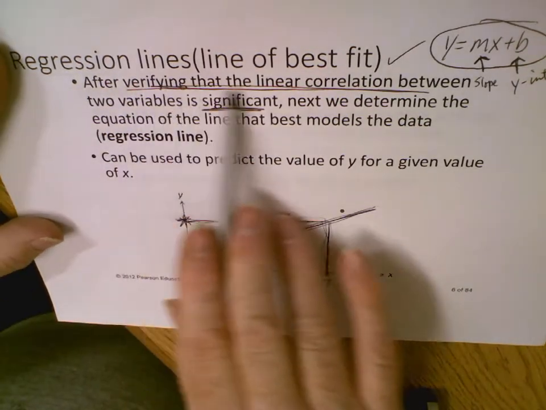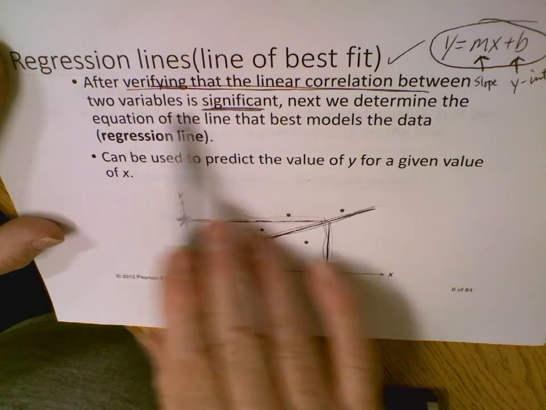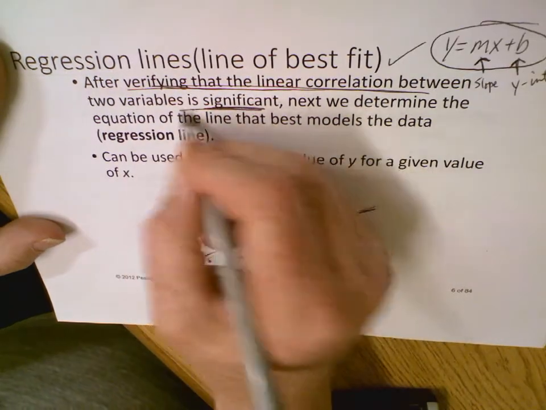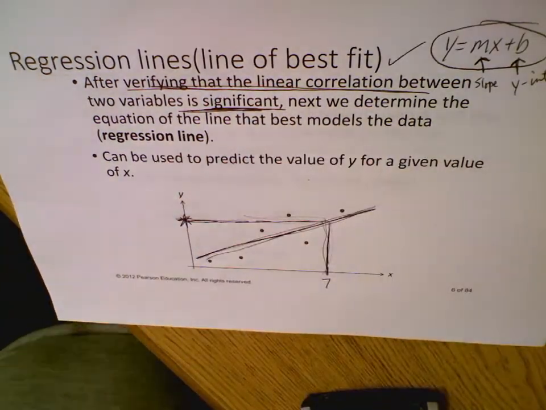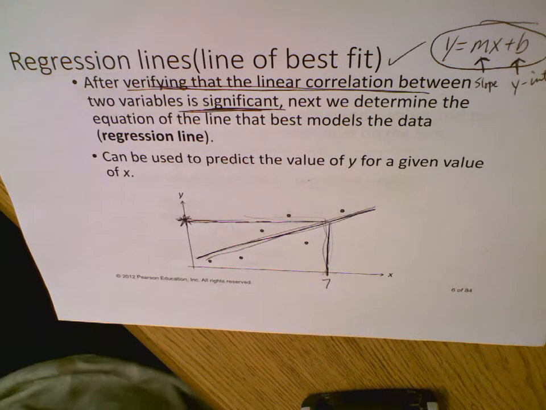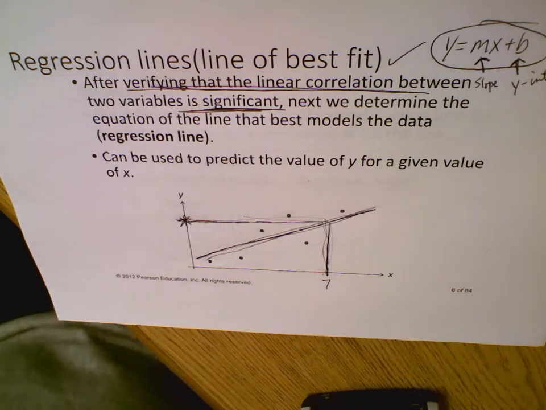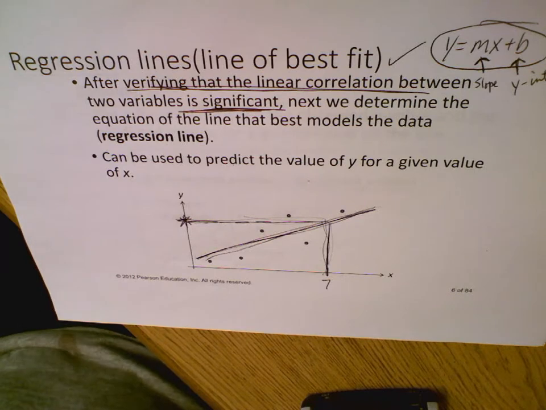This says, after verifying that the linear correlation between the two variables is significant, we're going to skip that part for right now. We're going to do that next lesson. For now, we're just going to assume that there is